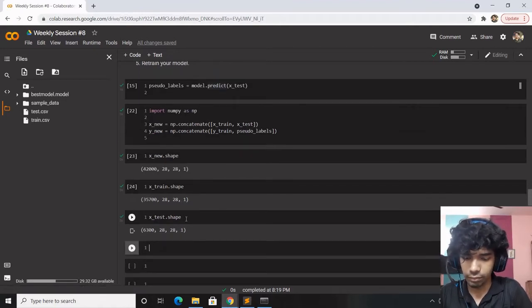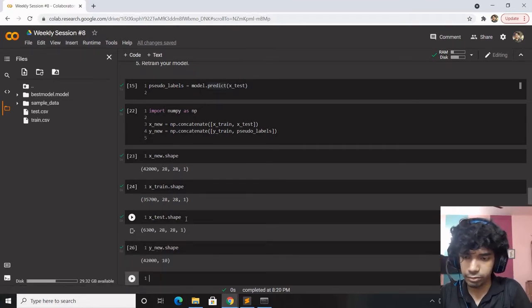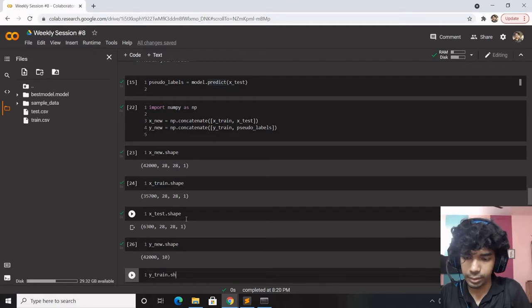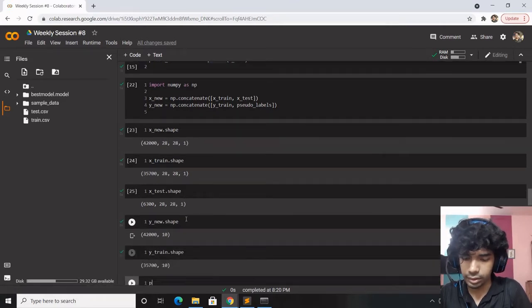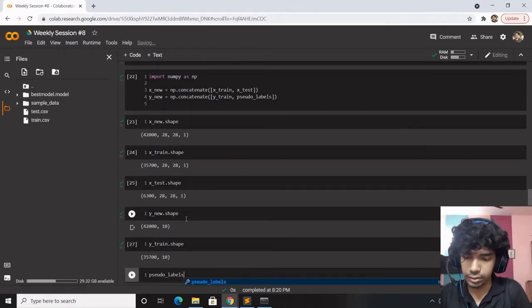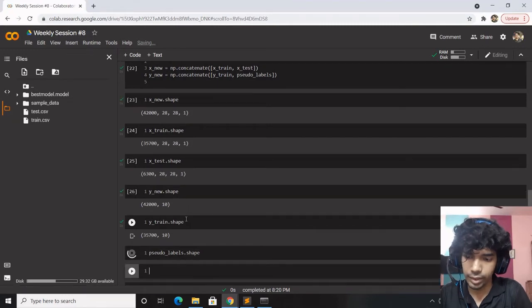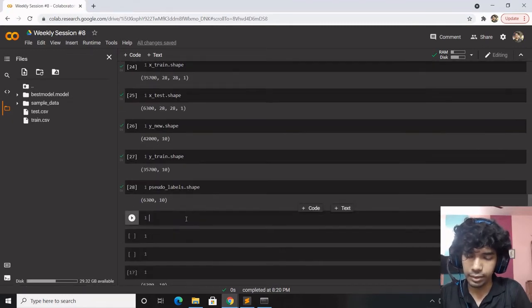So is the case with y new dot shape. It would be the sum of y train dot shape and pseudo labels dot shape. Perfect. So we have our data.